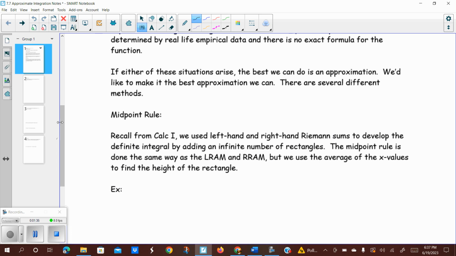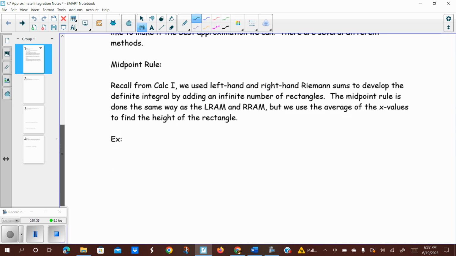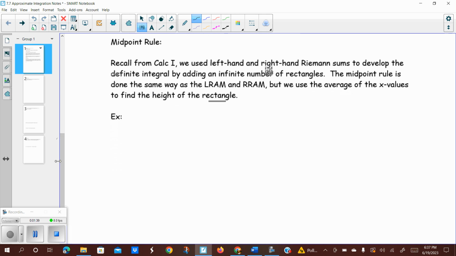Now, again, if you've already seen this, I do the midpoint rule as well as the trapezoid rule back when I do Riemann sums. I do them all together. I just don't see any reason not to put it all together at that particular point. But if for some reason you have not seen that,